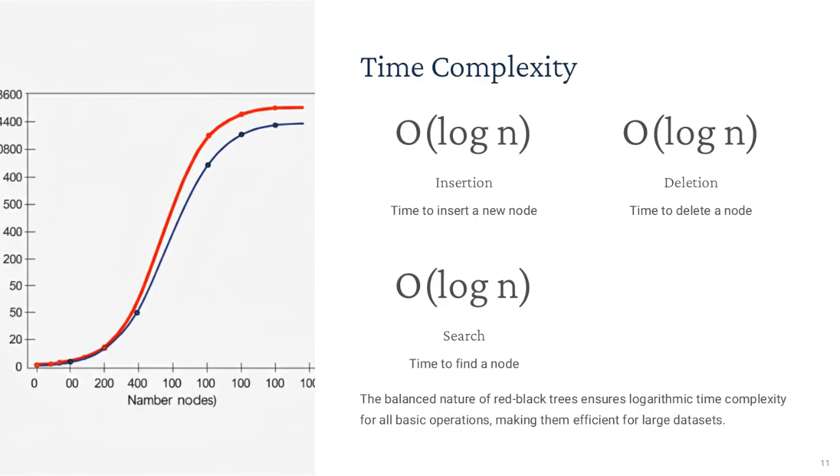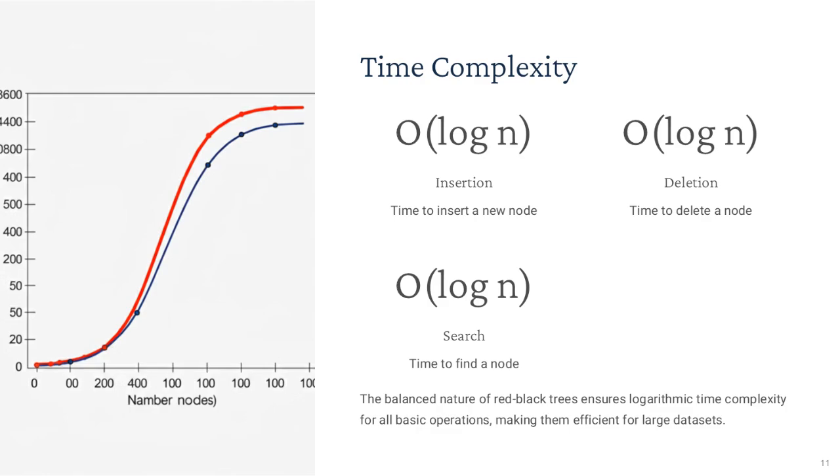Similarly, deletion has a time complexity of O(log n). This includes locating the node to be deleted, which takes logarithmic time, and performing the necessary adjustments to maintain the red-black properties. Searching for a node, like insertion and deletion, also depends on the tree's height and thus takes O(log n). The balanced nature of red-black trees guarantees this logarithmic time complexity, making them highly efficient for managing